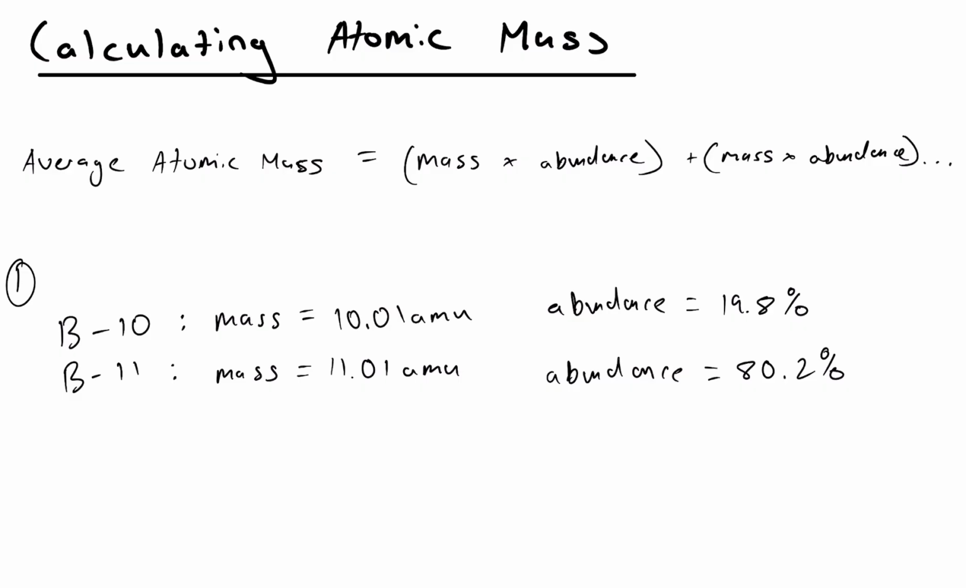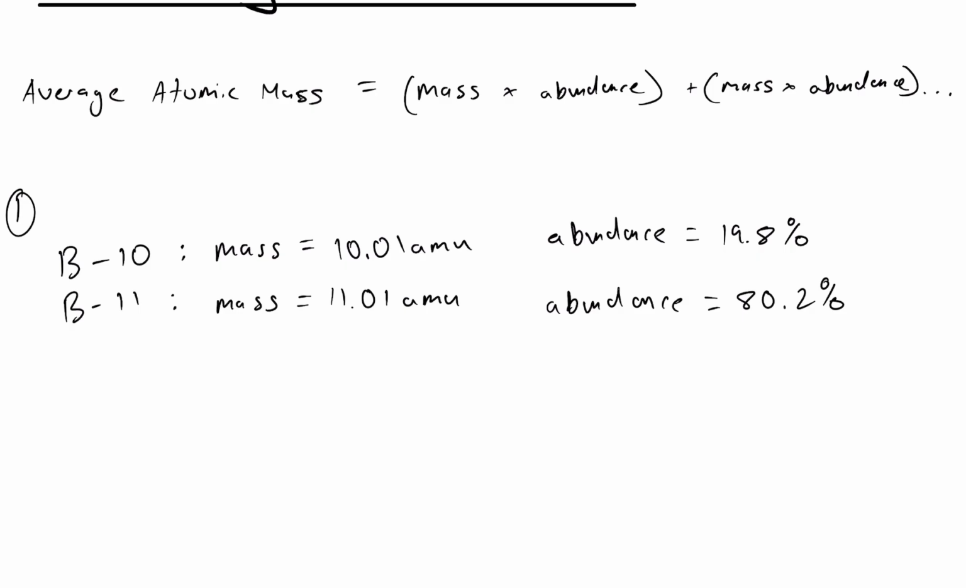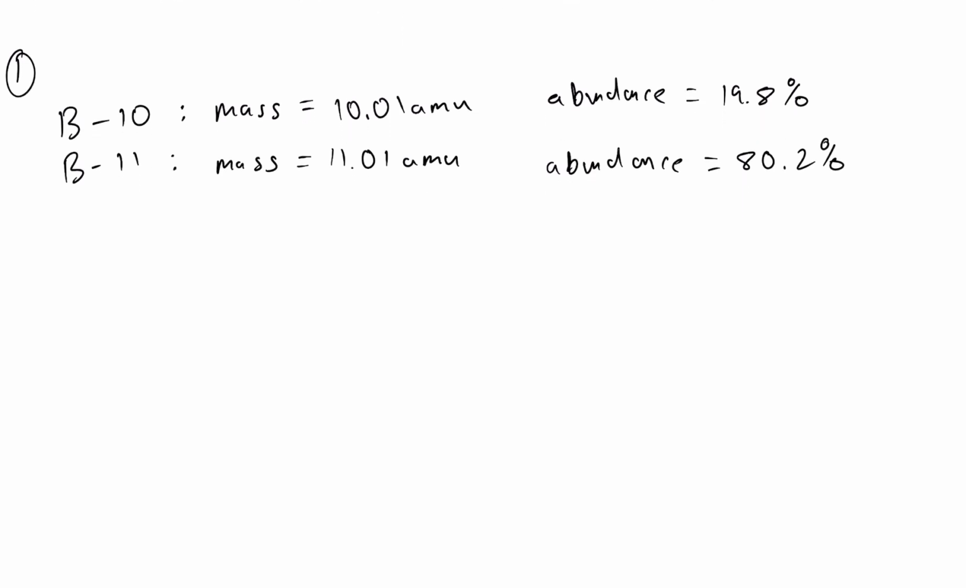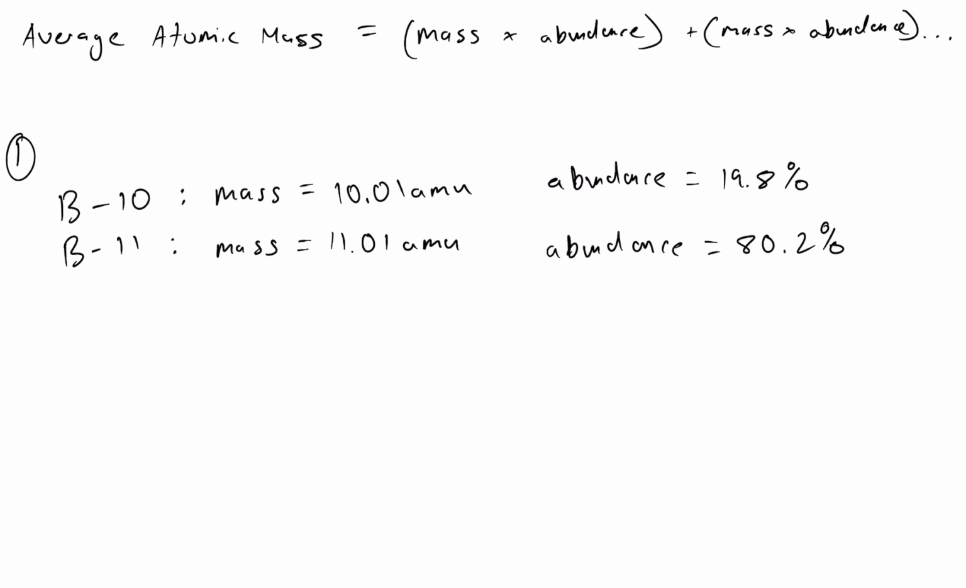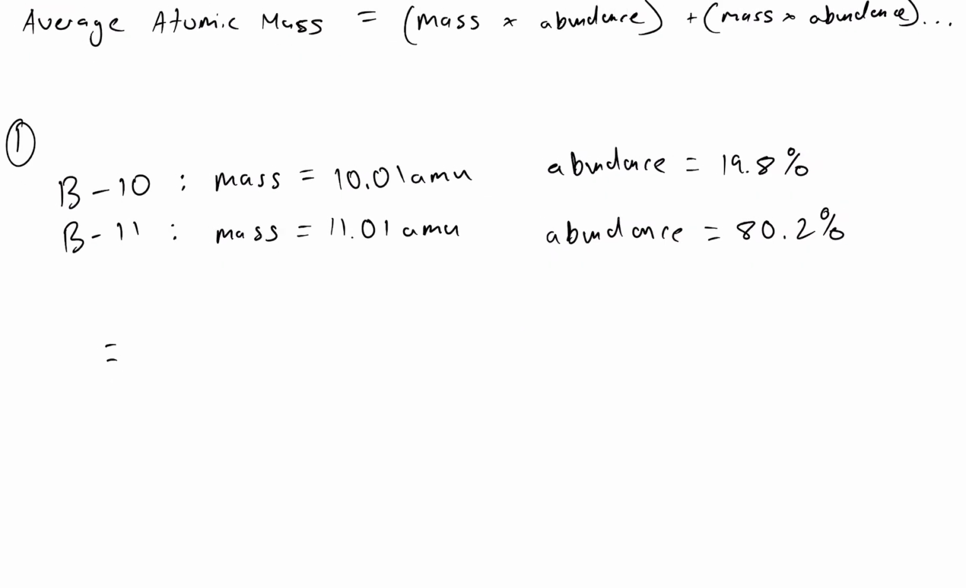So now let's do the first problem here together. B10 has a mass of 10.01 AMU, and it has an abundance of 19.8%. And then B11 has a mass of 11.01 AMU. AMU is atomic mass units, and it has an abundance of 80.2%. So if we're going to write this out using the formula I have written over here, the average atomic mass is going to be equal to